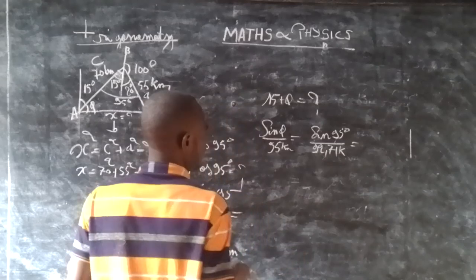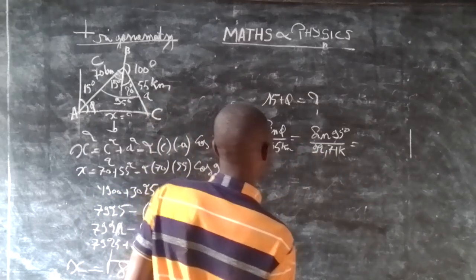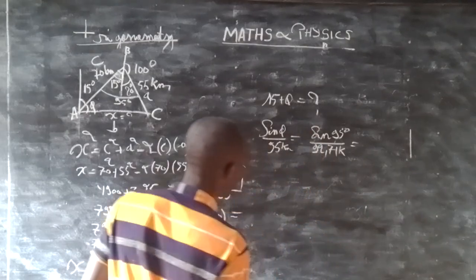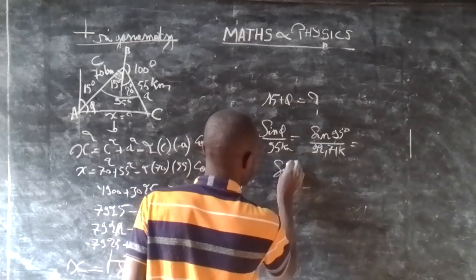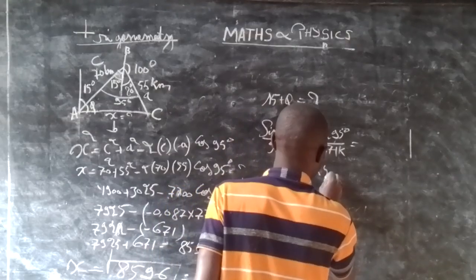So cross multiplication, here we have sine 95 times 55,